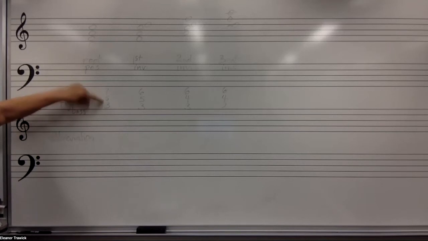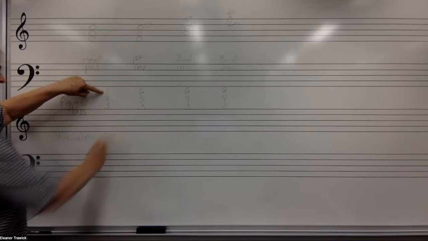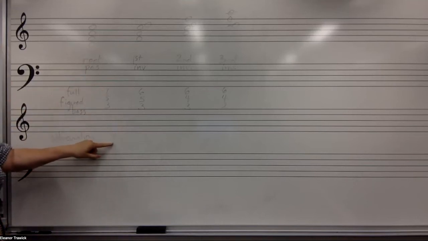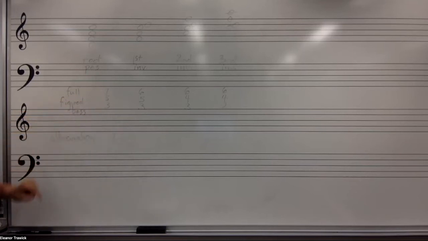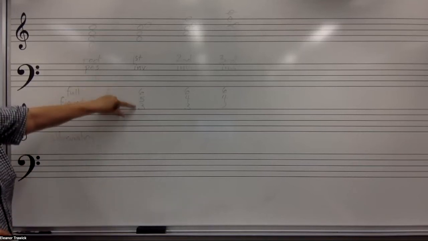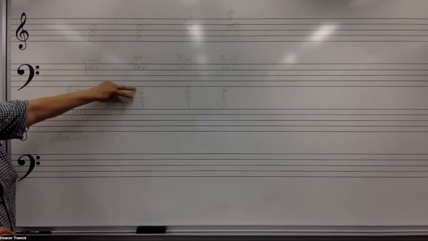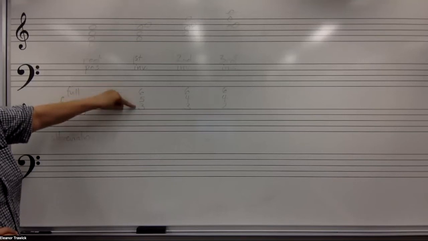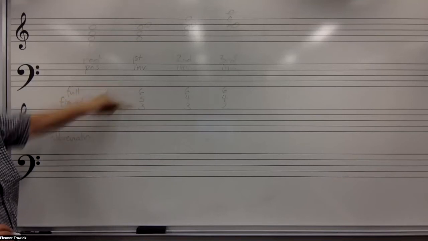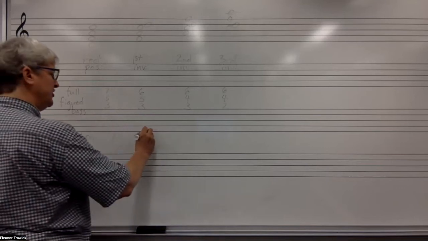The 5-3 can be invisible. If you just write a 7, that indicates that what you have is a root position seventh chord, and the 5 and the 3 are still there, they're just invisible, you can't see them. So 7 is actually short for 7-5-3. Now, for this chord, we're going to have to use two numbers. We can't use 5-3 because that would seem like it was a root position triad, and we can't use 6-3 because that would make it seem like it was a first inversion triad, but we can use a 6-5,